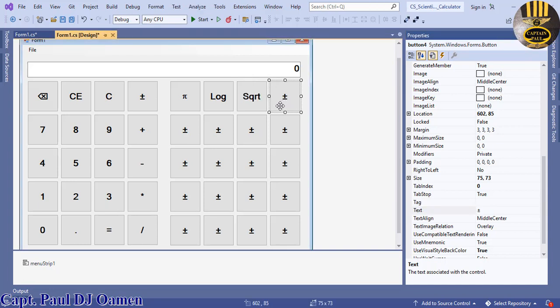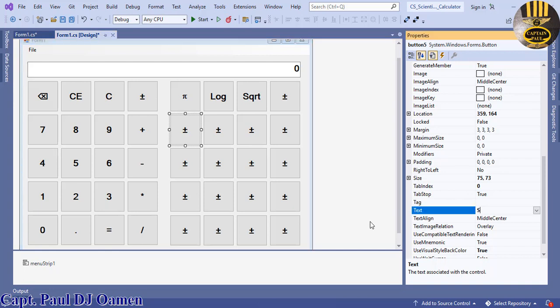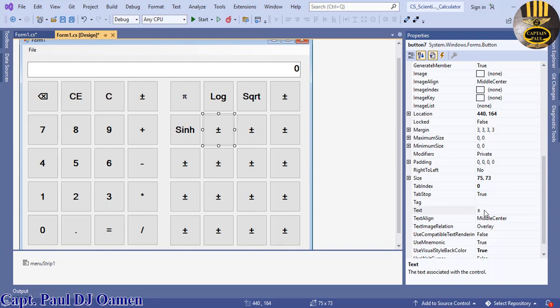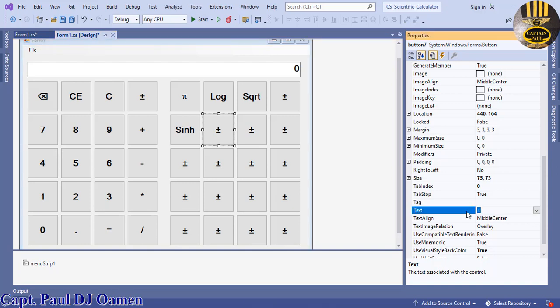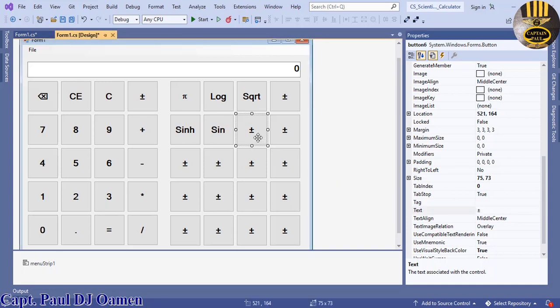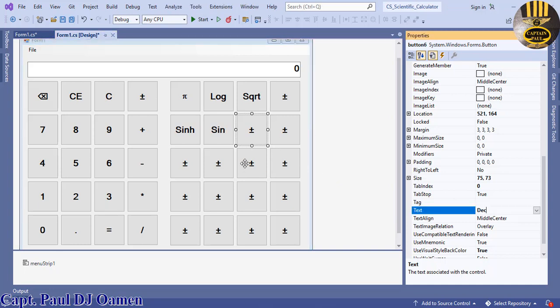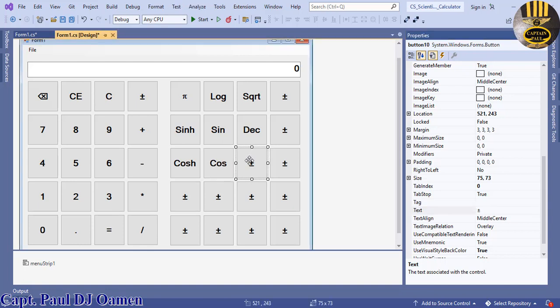Okay, let's go for sine h here, and I'll give them a name later on. And this is going to be sine, that's going to be decimal, cos h. We have cos here. We have binary,